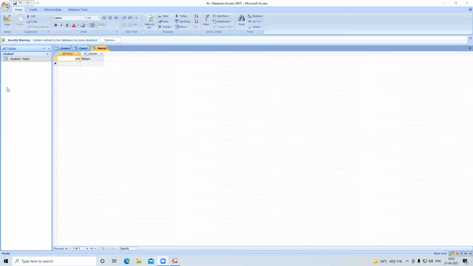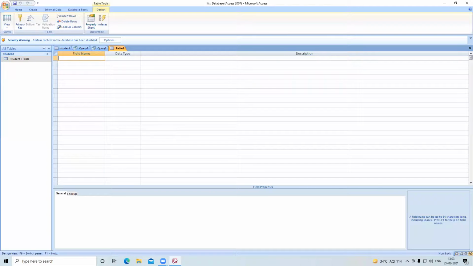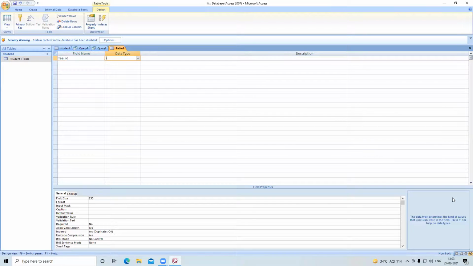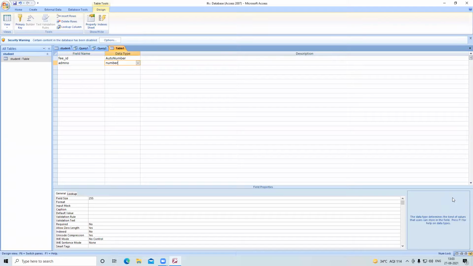To make a relationship, we have to create one more table. Then we will go to the table design and I will write here all the details of this other table. Name is fee, so fee ID is an auto number. Then we have an admission number, it is also a number.